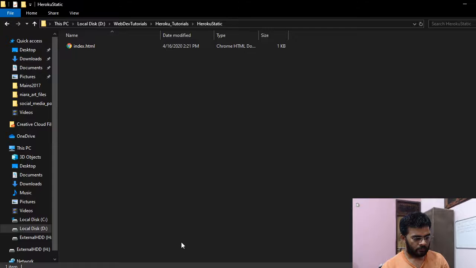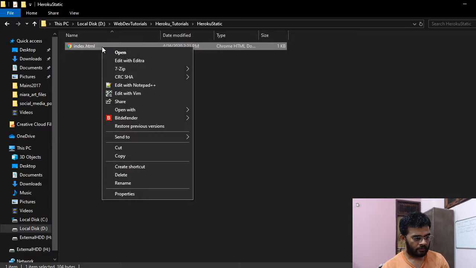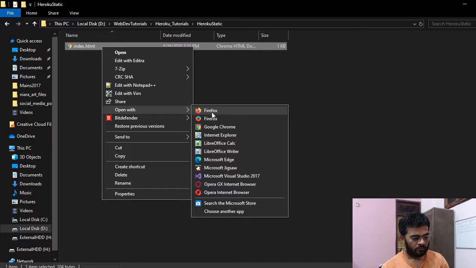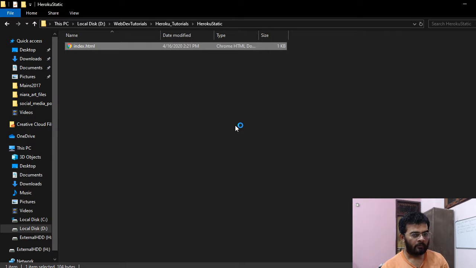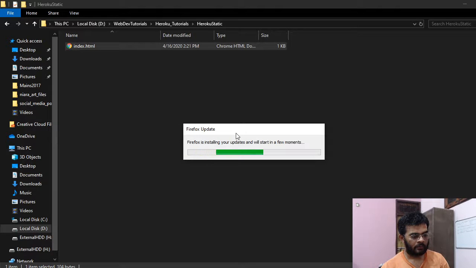And now go to the folder and open it and see how it looks like. I will open it with Firefox because when you open it with Chrome it just displays the web page and it doesn't parse it for some reason. Firefox is installing my updates and it will start in a few moments.